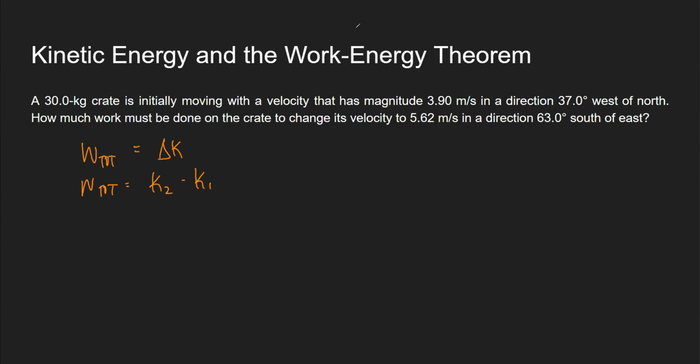Further simplification, that would just give us 1/2 mv2 squared minus 1/2 mv1 squared. Now, the 30 kg crate does not really change over the whole problem. So you might as well make it 1/2 m times v2 squared minus v1 squared